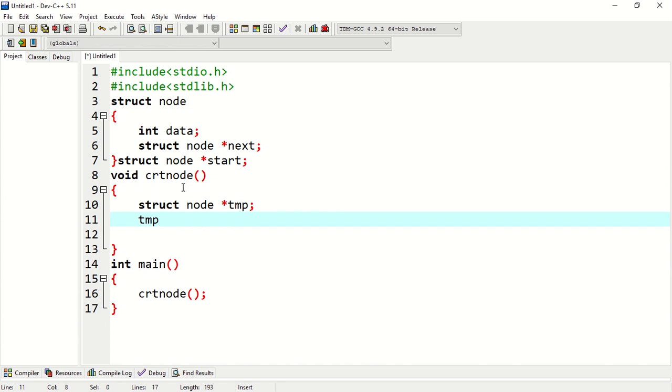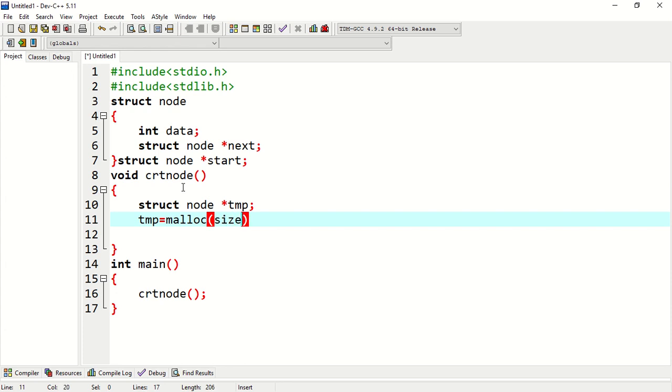You remember how we can dynamically allocate memory in the C programming language. We use dynamic memory management functions, and the functions are malloc, calloc, realloc, and free. Here we are using malloc. Malloc simply creates a single block of a given size, and the format is malloc(sizeof(struct node)).